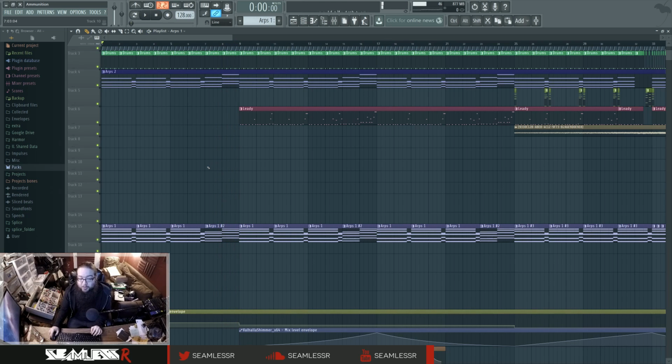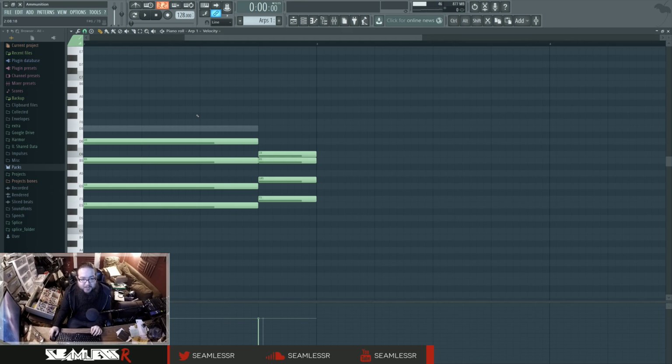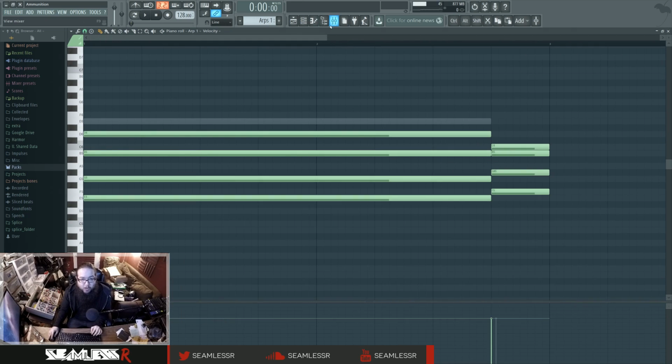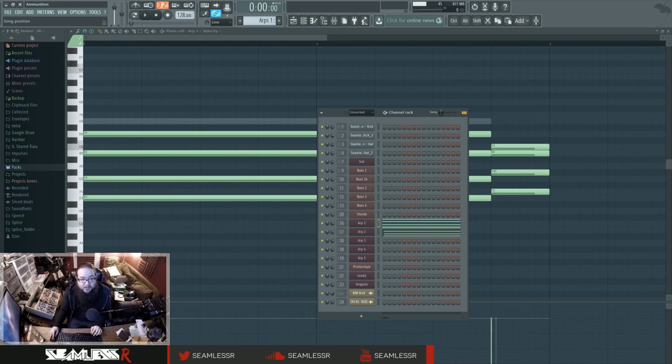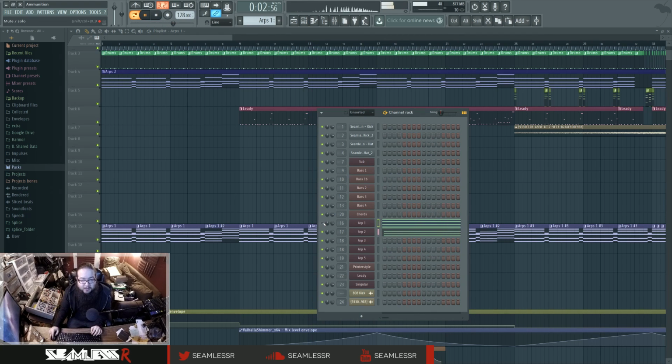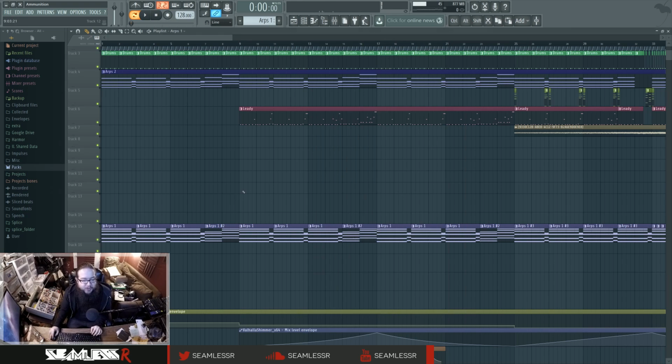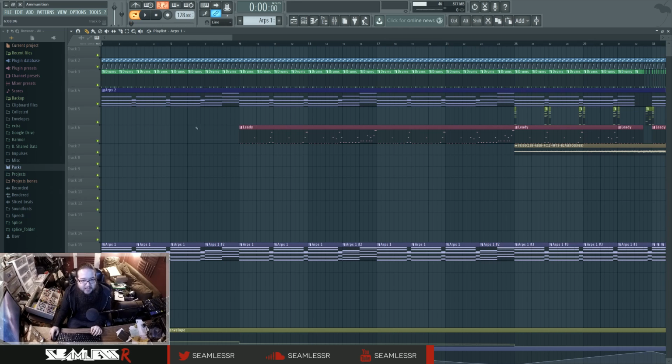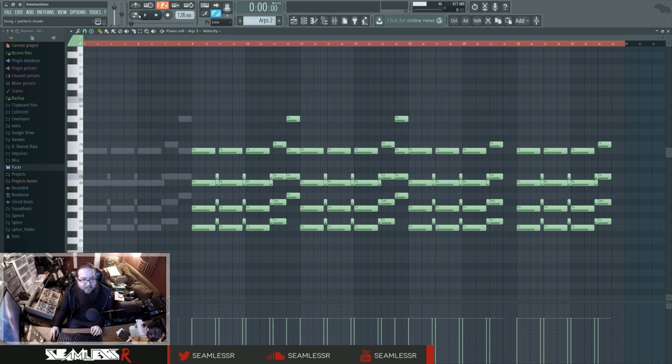These ARPs are very important. This one pattern has two ARPs entirely: one that goes up and one that goes down. This one goes down. This one goes up. They're both harbors, and they both have their filters and such controlled so that they're fading in and all that. And then this is a whole separate thing, ARPs,